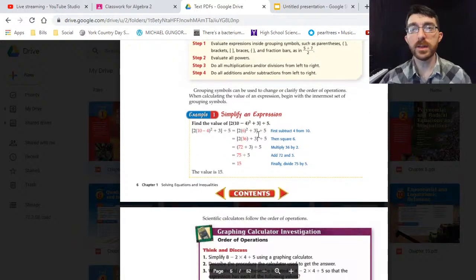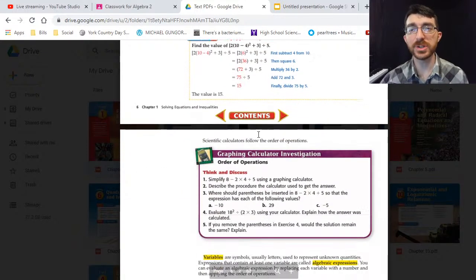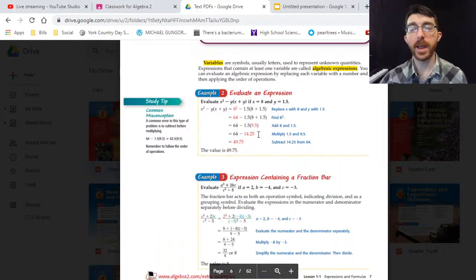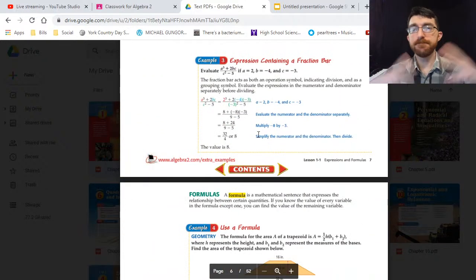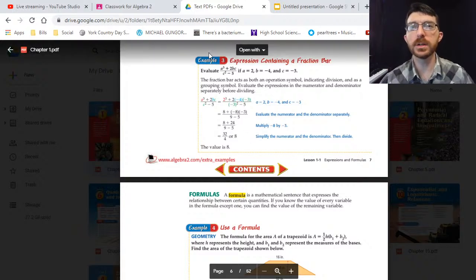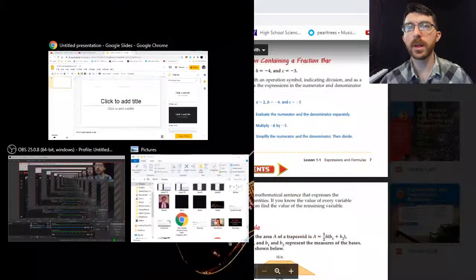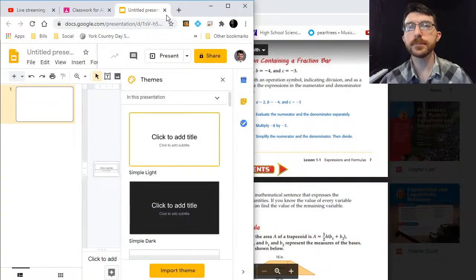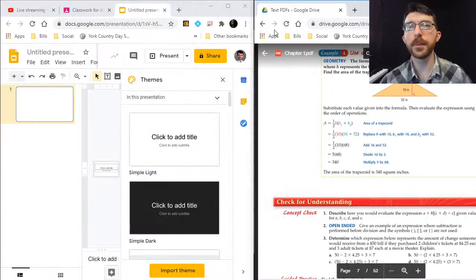break out of the section by section presentation that the book lends itself to, and try to make a more unit-based global approach to it. So let me see what I can do. I'm going to put that off to the side. Hold on. There you go. And